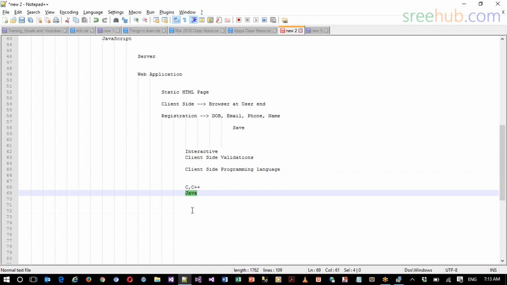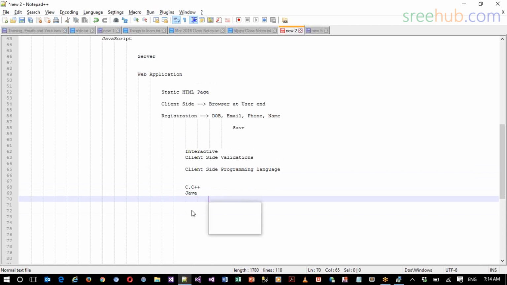And Java has a feature called applets. I don't know whether you have an idea or not. Java has applets, which completely work on top of a browser. So why can't we take this? We can consider these applets as part of Java and do the client side programming. We can do that, but